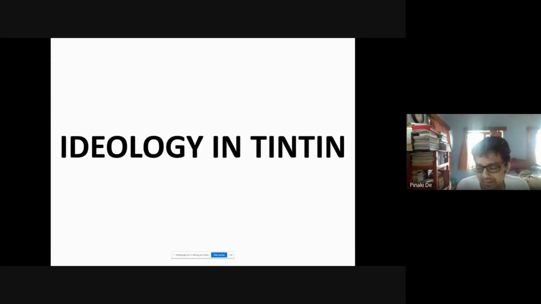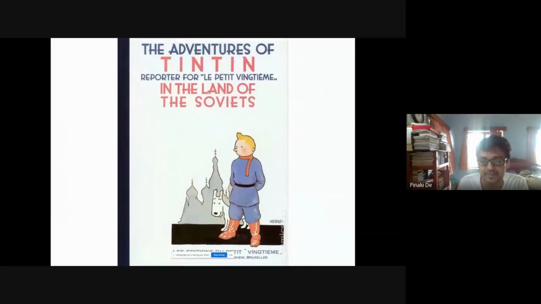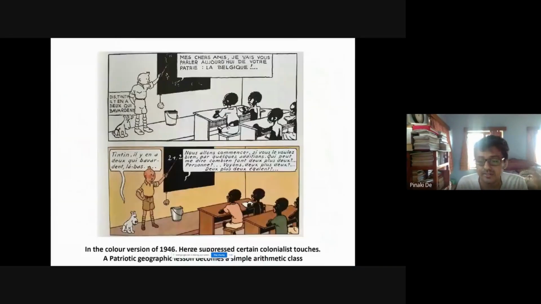Hergé এর অনেক প্রবলেম আছে আইডিওলজি ইন টিনটিন, আমি একটু একটু করে বলে দিই ছোট্ট করে। যেমন ধরো টিনটিন প্রথমে গেছিল Tintin in the Land of the Soviets. দ্বিতীয় অ্যাডভেঞ্চার Tintin in the Congo. কঙ্গোতে কেন পাঠালেন Hergé? ভেরি সিম্পল, রিমেম্বার বেলজিয়ামের কলোনি ছিল কঙ্গো, এবং it is very interesting, সেখানে Tintin is going as a colonizer, এবং this is of course Land of the Soviets, এবং Land of the Soviets এর পর he is going to the Congo. And you can see প্রথম যখন ব্ল্যাক অ্যান্ড হোয়াইট এটা পাবলিশ হয়, পরে এটা কালারে পাবলিশ হয়।